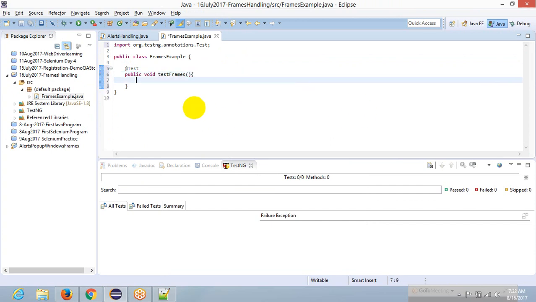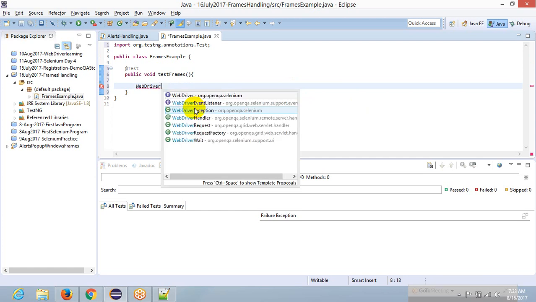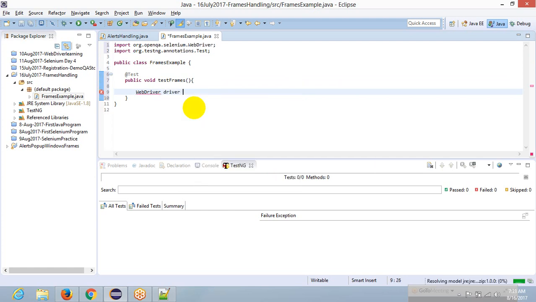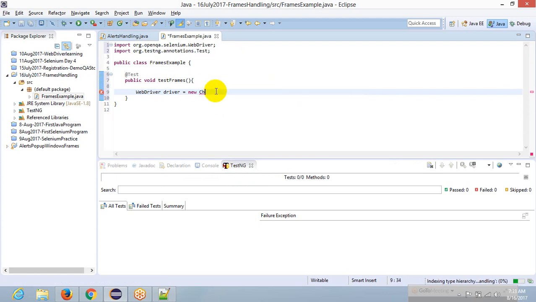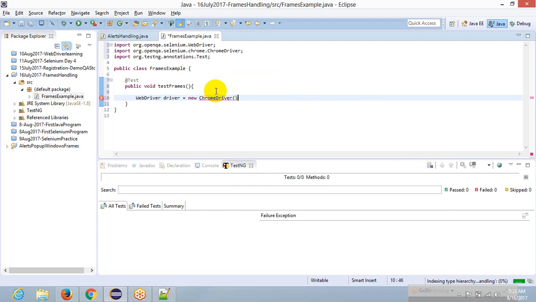That's my test case. So WebDriver driver is equal to new Chrome, oh, my bad, ChromeDriver. Before that,